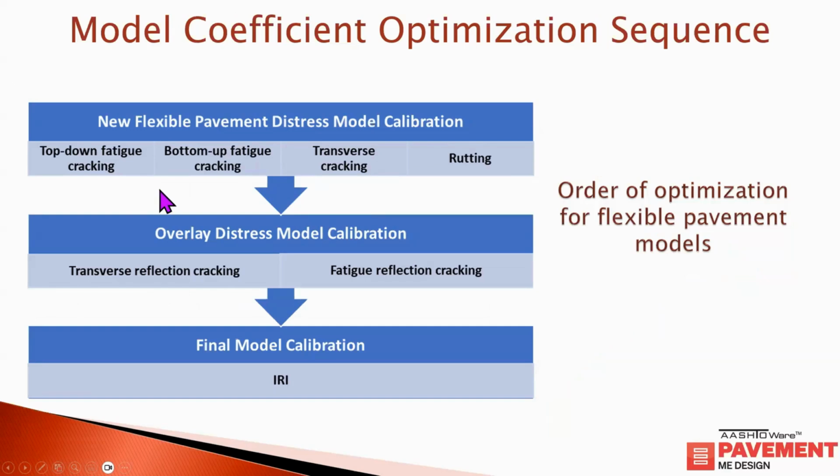You want to do the distress-related models first. And then once you do those, if you wind up adjusting any of the coefficients, you reincorporate those into the models. And then if you're going to do an overlay, rehabilitation, then you use these